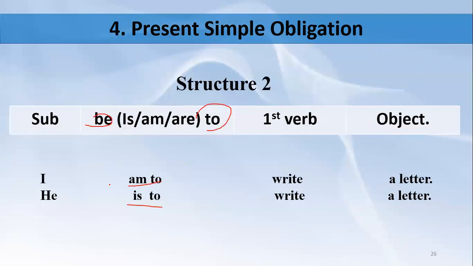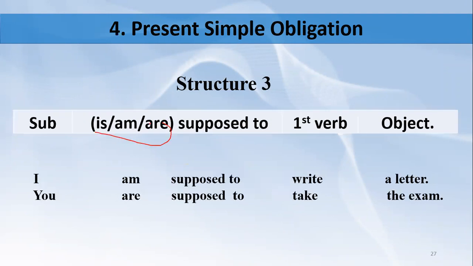Negative structures are, I'm not to look after this. I'm not to look after, I'm not to take care of my books. I'm not to take care of each and every sentence you write in your assignment. Rather, that is at your disposal. That is your job. Clear? So there can be negative structures as well. Am I to look after your assignments? Am I to look after your attendance? So that is again like the interrogative structures. Then structure number three for talking about our obligations in the present simple tense. So structure number three is subject plus SMR according to the subject, and then